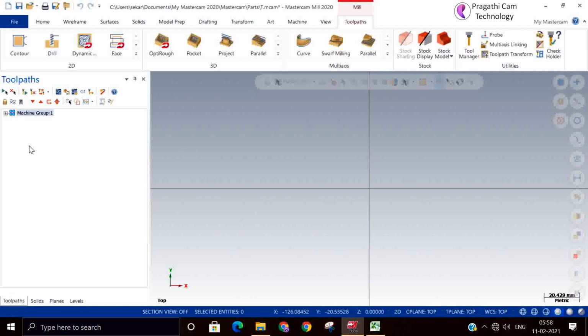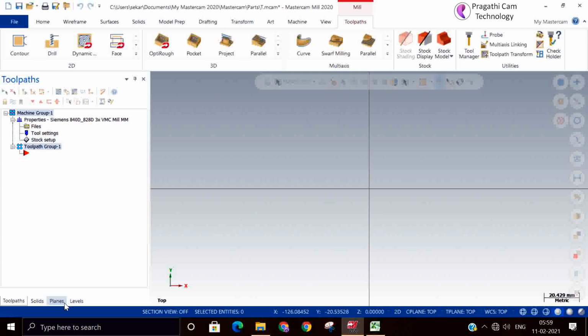Sometimes it may be like this also. So the plus sign, you just click it and you'll see the expansion. Then there is a property. If you click on property, all things will open to you. So files are there, tool settings are there, job settings are there. Then your toolpath is going to come.